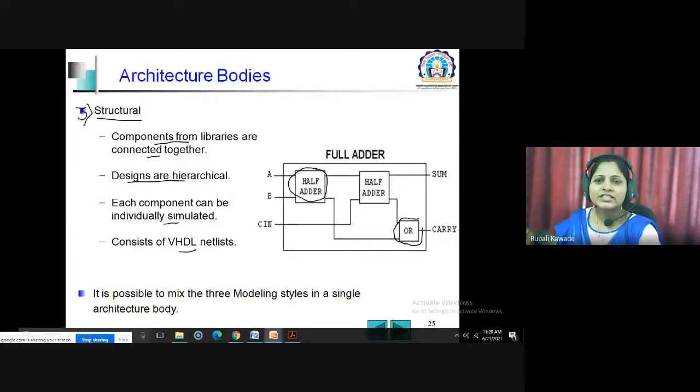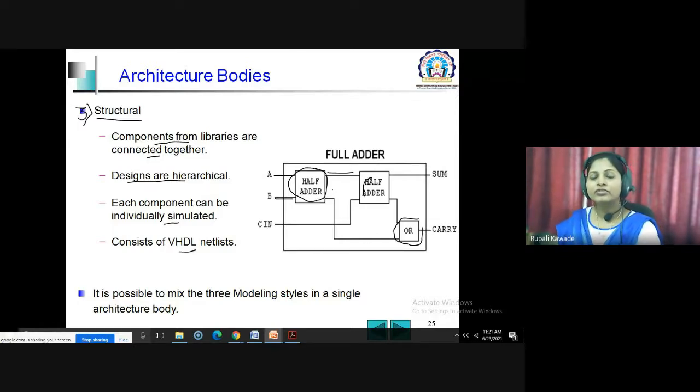So now, what is the next task? I have a compiled half adder design. I have a compiled design of an OR gate. Now, the next task is simply the interconnections. I will duplicate my half adder so that I will have two blocks. I will make the interconnections as per the logic diagram given. So my actual two inputs A and B will go to the first half adder. Then the output of the first half adder will go as one of the inputs to the second half adder.